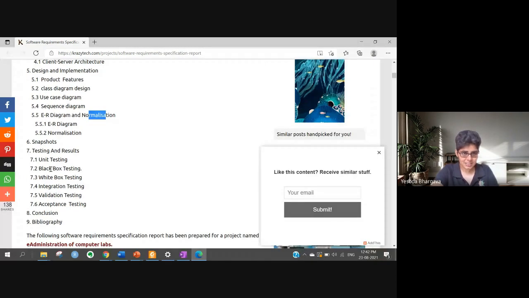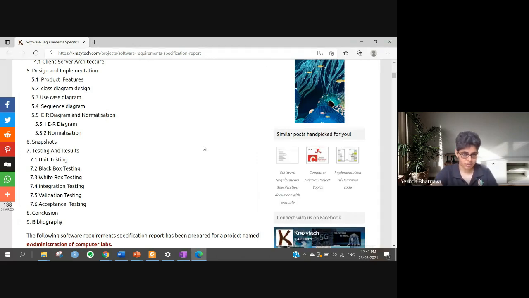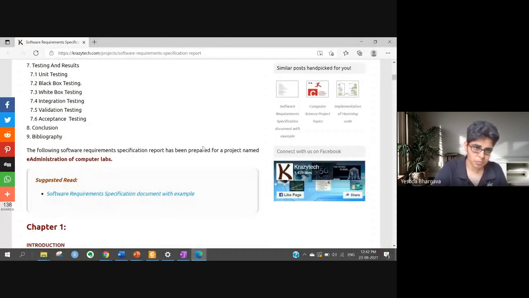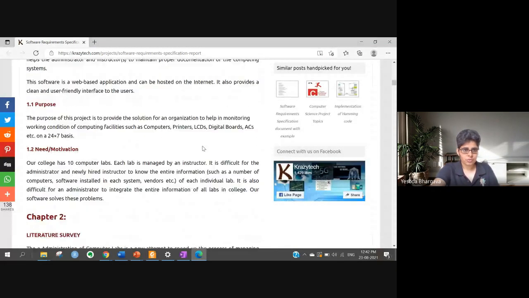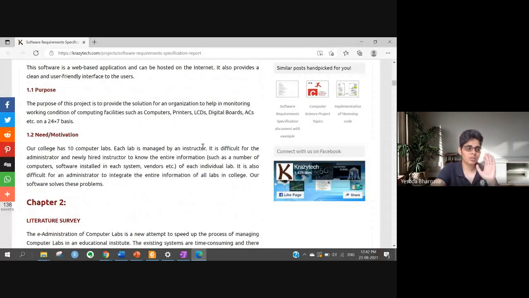So basically, this person has given all these indexes for this software requirement specification. And even students who do MS in computer science in foreign universities, as part of their software engineering course, are required to create a software requirement specification document, especially because they are working in groups and trying to create a software. So I do encourage all of you, at least, to sit with your team members